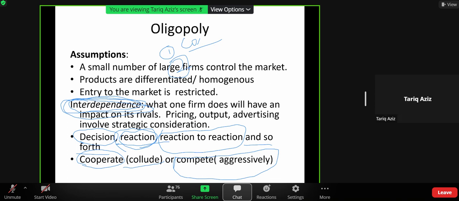They may compete with each other. Competing with each other means they are not cooperating with each other, but actually they are competing. Whatever the field of competition, for example, it may be pricing, it may be advertising also, because if one company is advertising and another company is not advertising,